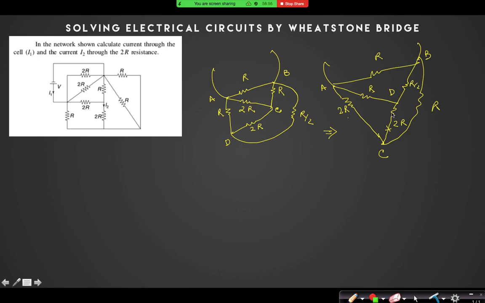Now you can easily understand that this is a Wheatstone bridge. Right? This is a Wheatstone bridge. ADB, ACB, and C and D are connected. Can you understand this one? So the current between C and D will be 0. What is C and D here? You can see C and D is this resistance. These two are resistors. So the current I2 will be 0. This is C and D. Current I2 will be 0. Right? This point is A and B.